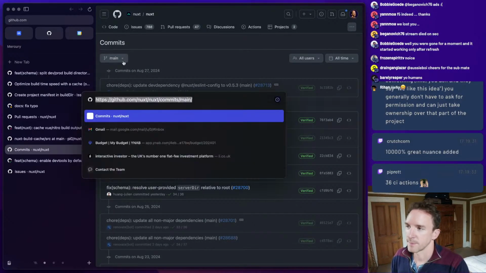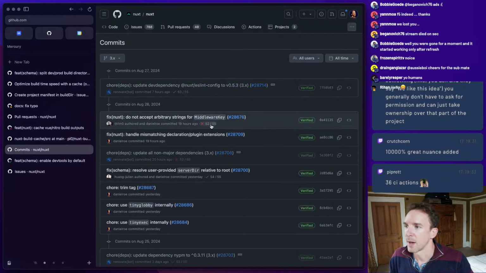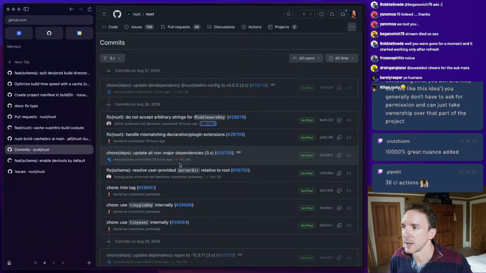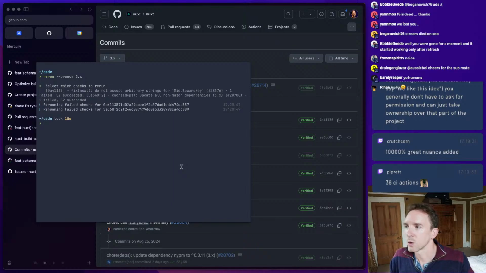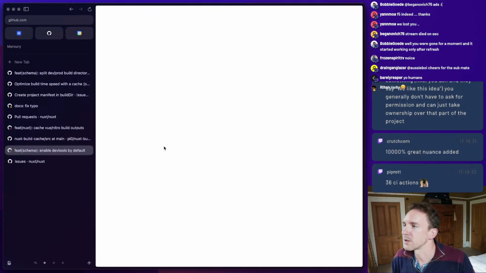It used to be worse when we were still doing 3.x, and actually we still have a 3.x branch. Have a look at this. We have 55 actions. I'm actually just going to rerun branch 3.x because I want to rerun some of these flaky tests. Middleware key, and so basically I'm going to just say rerun those two. Cool. And now they're rerunning. Look at that. Okay, so